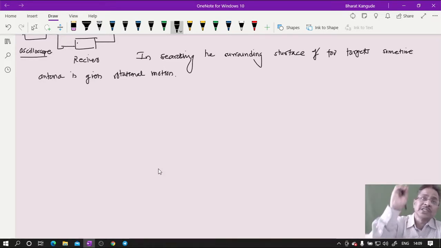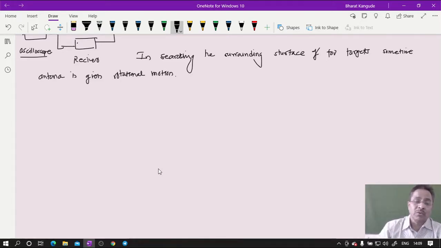That signal reaches that object. Otherwise, what will happen if the antenna has a fixed direction? The objects which are coming in the vicinity of that antenna, in that direction only, will be sensed or detected. The objects which are coming from the backward side may not be detected, provided this antenna has a particular direction only. To have a 360 degree view, this antenna is sometimes kept in rotational motion. You might have seen that earlier in the diagram.